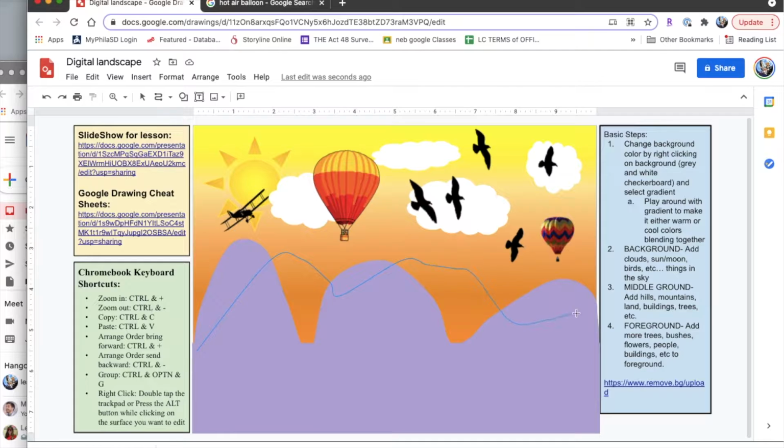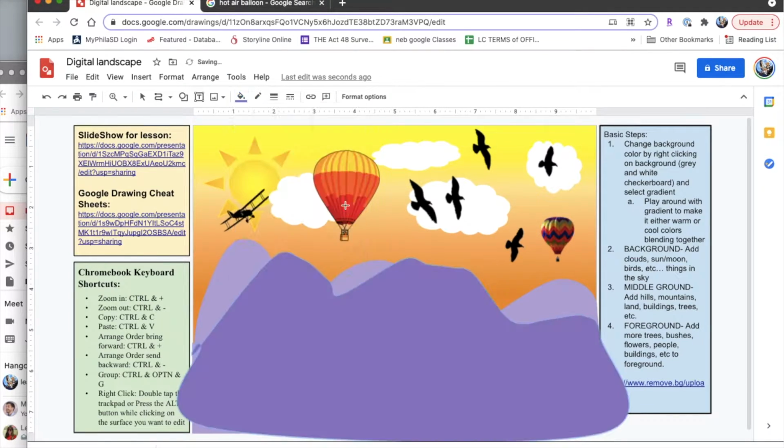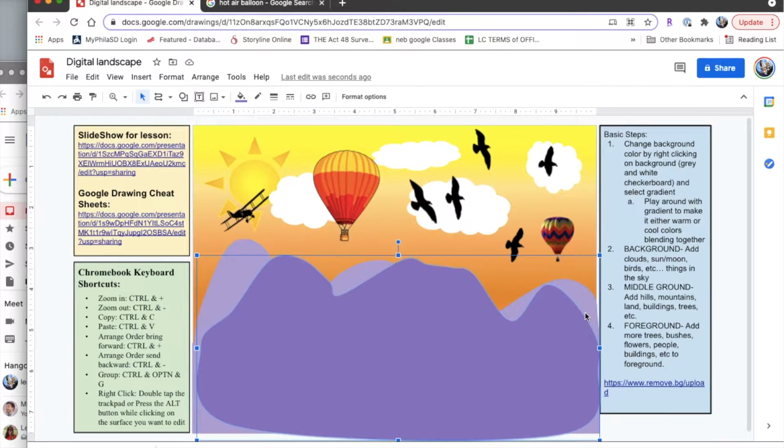I'm layering on another mountain there, and I just kind of make it hilly and mountain-like. Change the color. So I'm going with like a purplish color for my mountains, thinking about the whole idea of purple mountains. I think it was in one of our national songs, like Purple Mountain Majesty, blah, blah, America. Anyway,